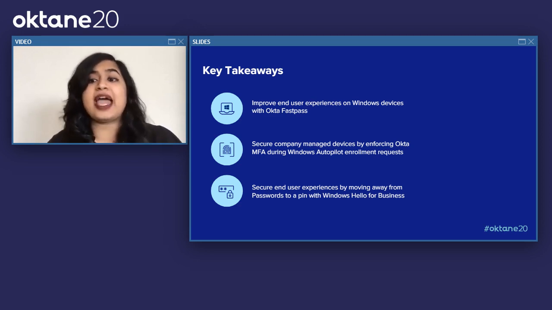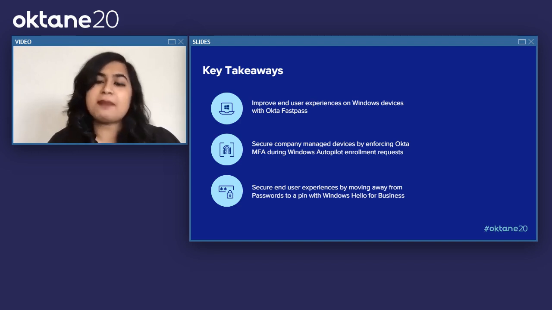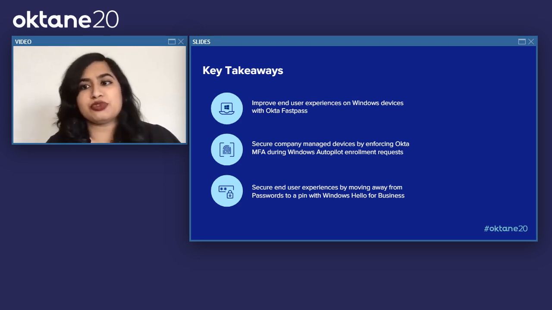I highly recommend looking into the other sessions and content around Okta's new devices platform to see all the amazing things that we can do with Windows 10 and all the other devices as well. Second, AutoPilot is a great feature that Microsoft has introduced. We really hope you can start to use Okta to secure that process with MFA and so much more to make sure that your users are secure from the day they onboard all the way through when they need to